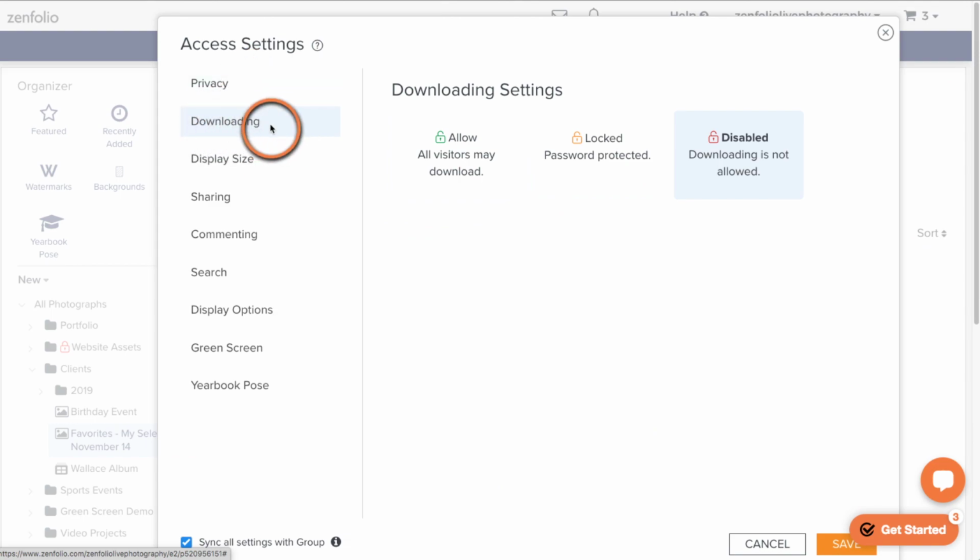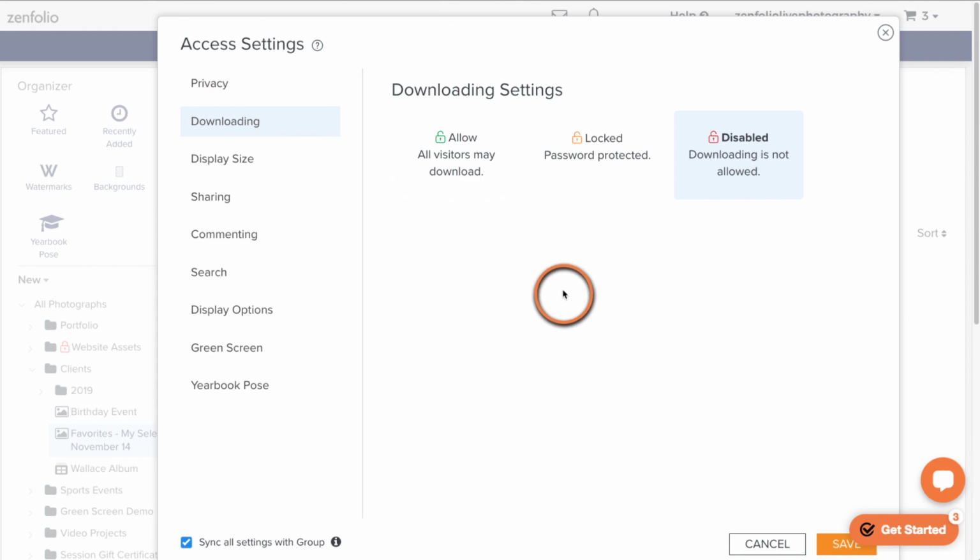And in fact, I recommend that if you want to sell your digital downloads, you want to have this downloading option turned off. This downloading option allows people to download the photos that you have in your gallery without agreeing to any kind of terms, without really tracking who's downloading it. Basically downloading it without restriction. It's basically you saying, here are my files, take them and do what you want.